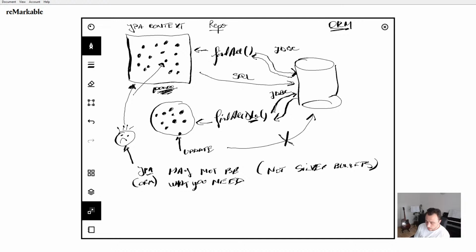But in that case, you would prefer to use DTOs to get that large number of objects, since you already know you will not operate on them to make changes at the very end in the database. And that's why it makes a lot of sense. It's not mandatory, but it makes a lot of sense usually